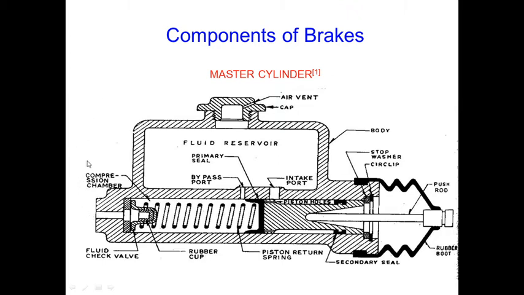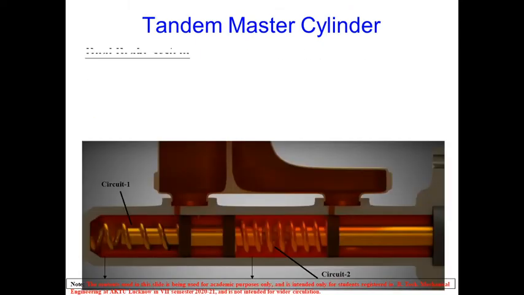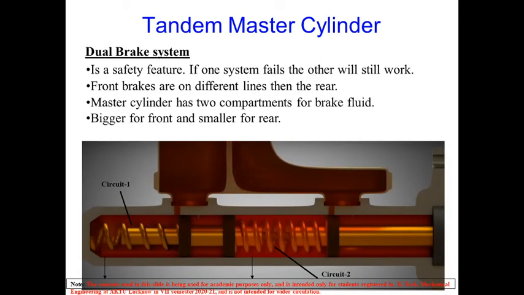There is single lining, so this may cause some deviation while operating if an error occurs inside the system. To prevent this sort of problem, we have the tandem master cylinder. Now we can see here the reservoir is divided into two parts. Both are filled with oil. These are ports through which it enters the compression chamber. And we can see these pistons are fitted over here.